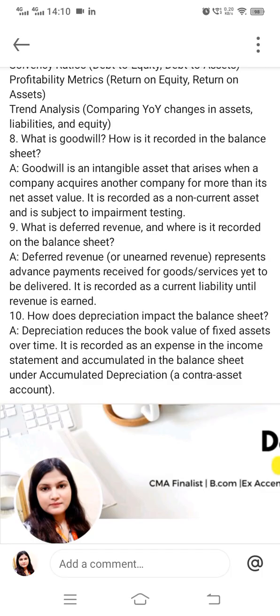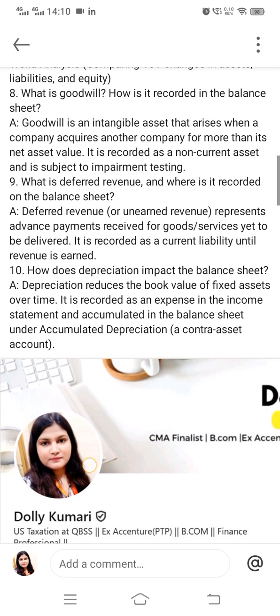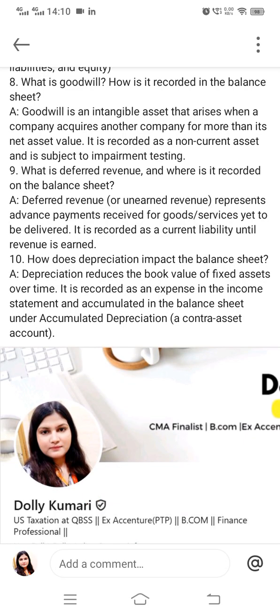Now we have eighth question, what is goodwill and how is it recorded in the balance sheet. So basically goodwill is an intangible asset, and there are many intangible assets like patent, copyright, trademark, and goodwill is one of the intangible assets that arises when a company acquires another company for more than its net asset value. It is recorded as a non-current asset and is subject to